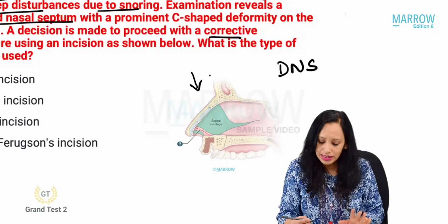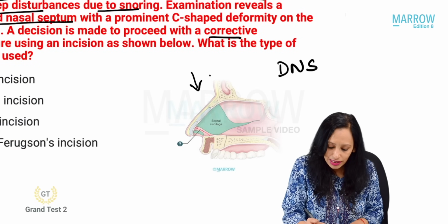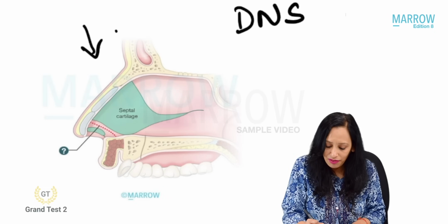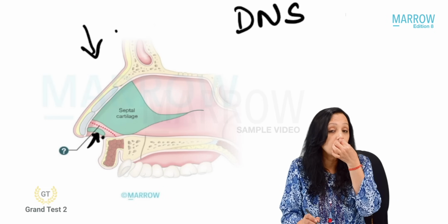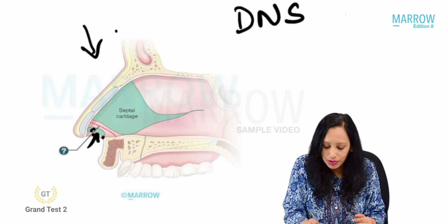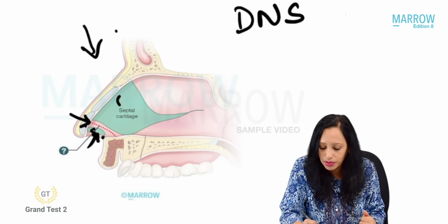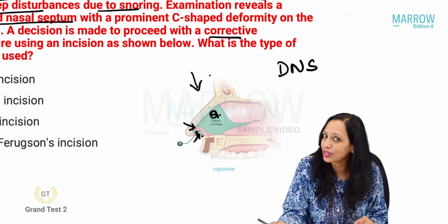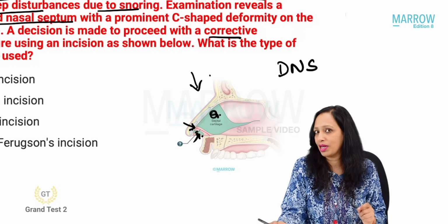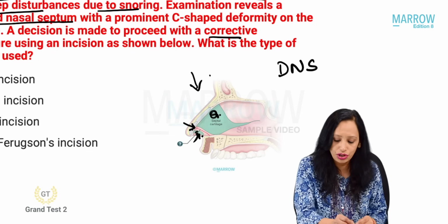Look carefully, I will mark something. What is this? This is the lowermost part of the septum, that is the columellar septum. Above that is the membranous septum, and here we are seeing the septum proper. The septum proper is known as the septal cartilage or the quadrangular cartilage. Now, in septoplasty as well as in SMR, why is there a difference in the incision?